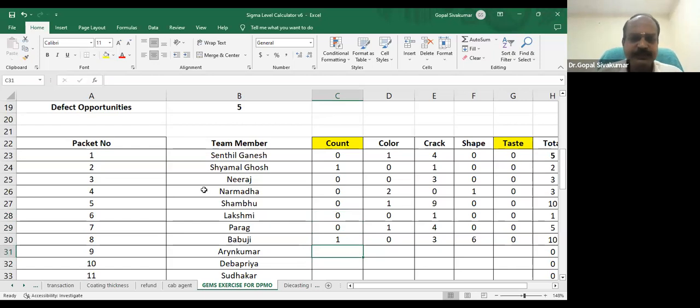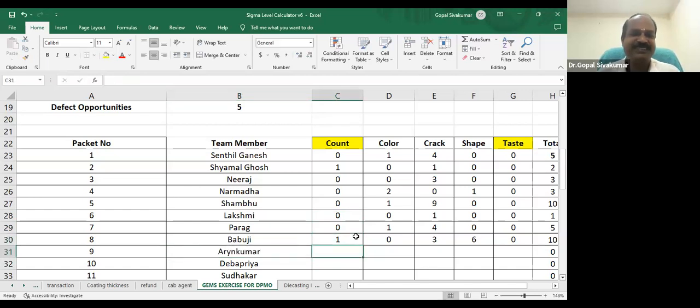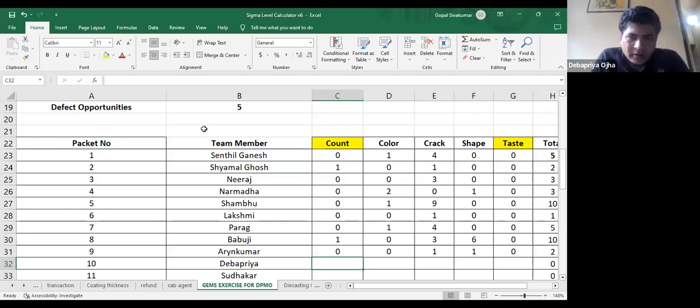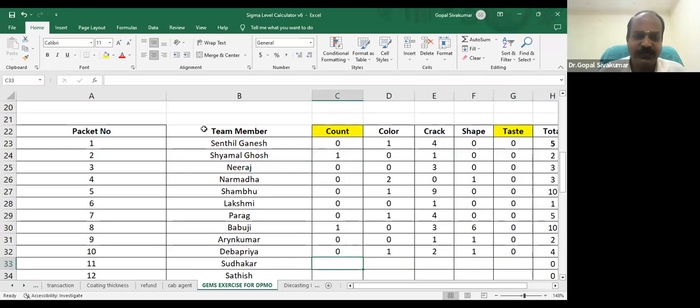Arun Kumar, sorry, I typed wrongly and then now reading wrongly. Yes, Arun Kumar. 00110. Very good. I want it this way. 0, and then 1, 1, 0. The process has now become lean. All of you, can you see that? The lead time to complete the entire process has come down drastically. Thank you, Arun Kumar, immediately implementing the lean principle. Now, Devapriya. 0, 1, 2, 1, 0. Very good. This is also lean.